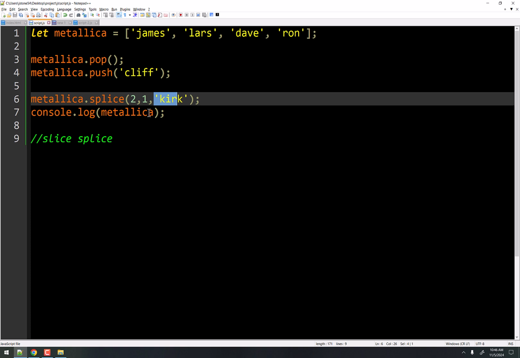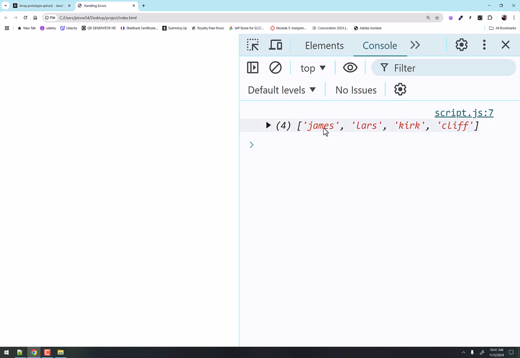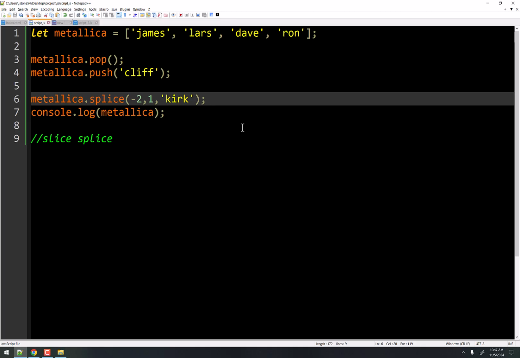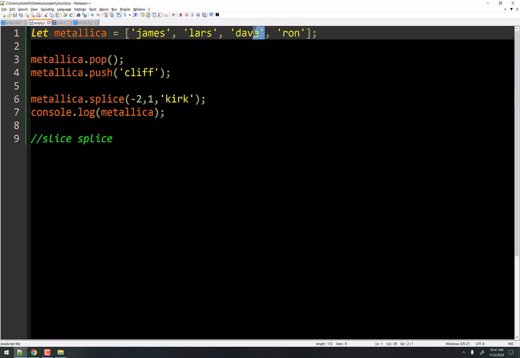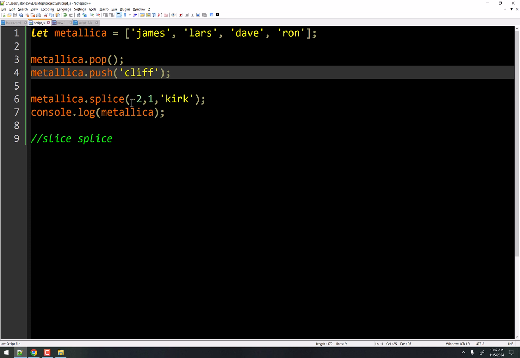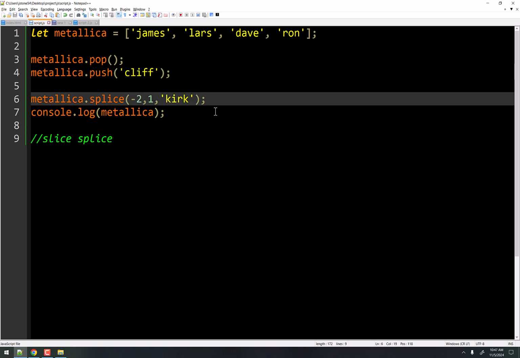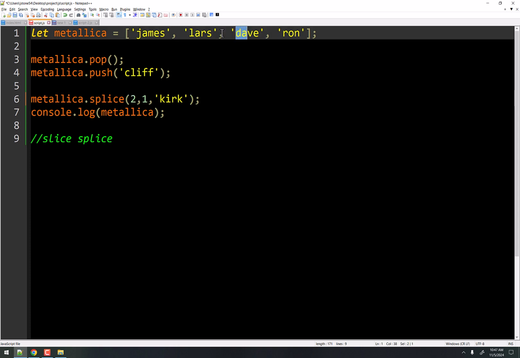There are some intricacies. You can use negative numbers, for example. If I were to say -2 here, let's see what that does. Refresh, and weird, it does the same thing. What does that mean? -2 means start from the second position from the end. That's the first position from the end, and that's the second position from the end. Now notice, when we were going with positive numbers, this is saying start at this specific index. Start at the 2 index: the 0th, the 1st, the 2nd index.